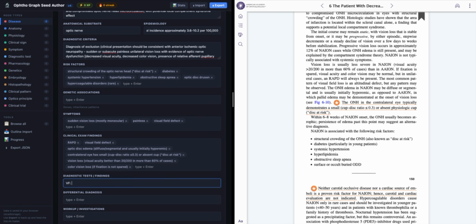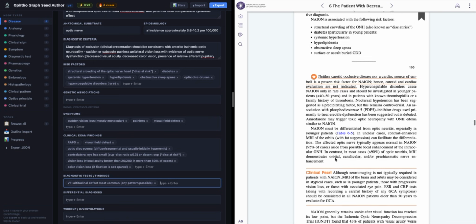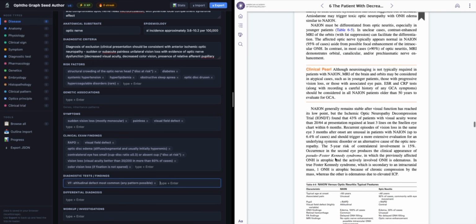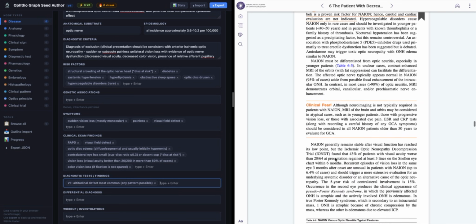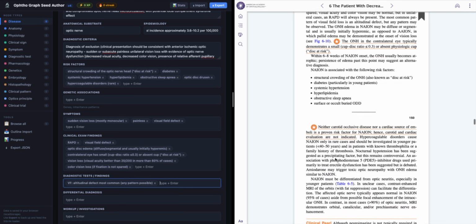So we can say visual field altitudinal defect most common, and then other any pattern possible, right? And we'll see. I don't believe that it really tells us anything about any other kinds of